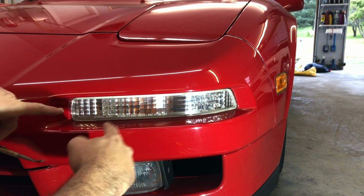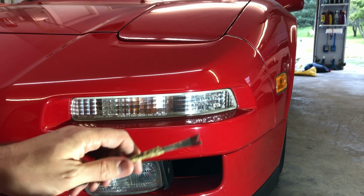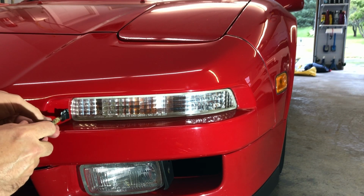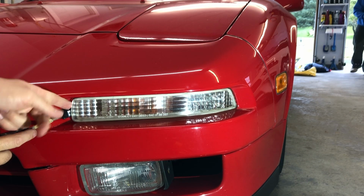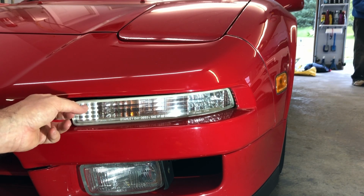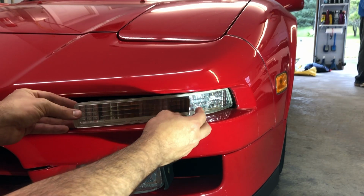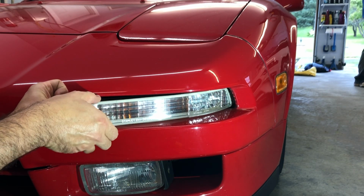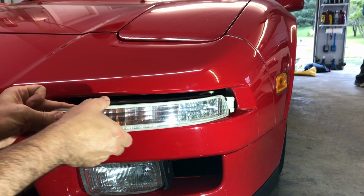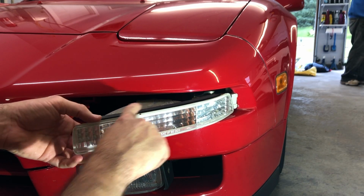Okay, so now this is loose because we got that bolt out, so this kind of moves. I got one of these guys here. Just put some tape on it so we don't scratch too much up. Pop this in here. Yeah, it's a little bit tight fitting. There we are. So you're fighting this foam, which